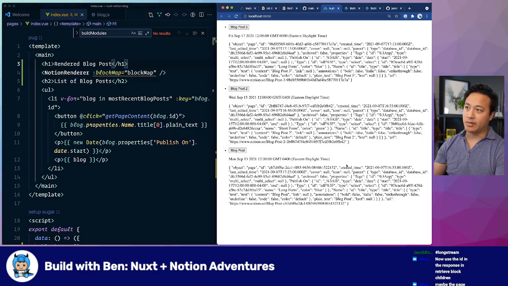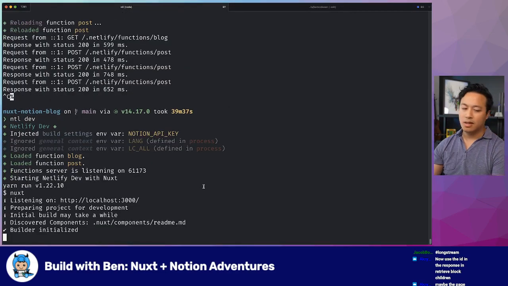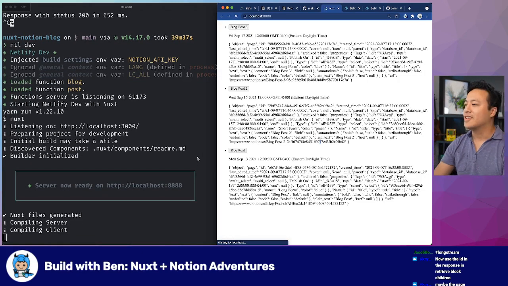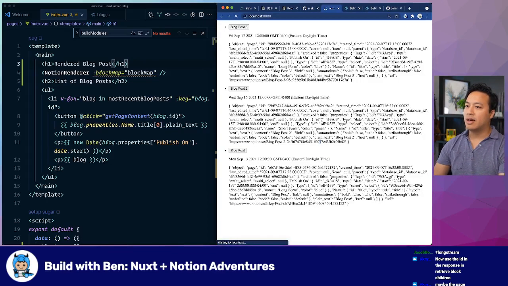Let's see if this even works. That's going to go ahead and start up. Oh, Guillaume did not know about this package before. So to clarify, Guillaume has not used this yet, it seems. And we're about to see if it works the way I hope it does. So compiling the client, great. Now if I refresh